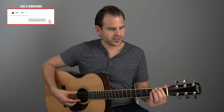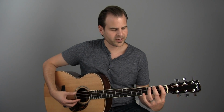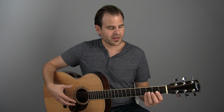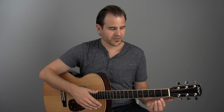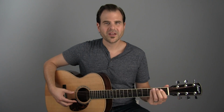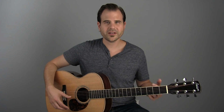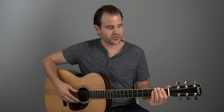Now, definitely don't try to do any crazy stretches. There's a lot of this one fret for each finger that's taught, that's out there, but it's absolutely fine. In fact, it may be more comfortable for you to keep your fingers closer together in a tight group like this and kind of move your whole hand rather than doing this. I know that if I do these uncomfortable stretches, I can feel tension in my arm and in my wrist. You can stay away from that and you can shift your hand